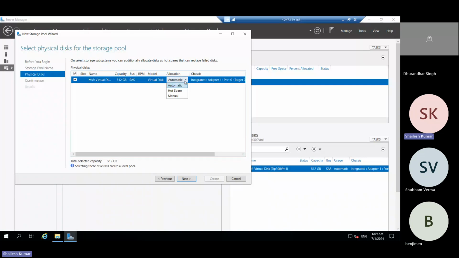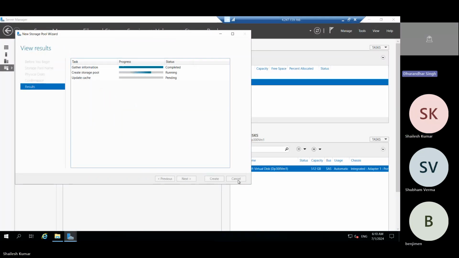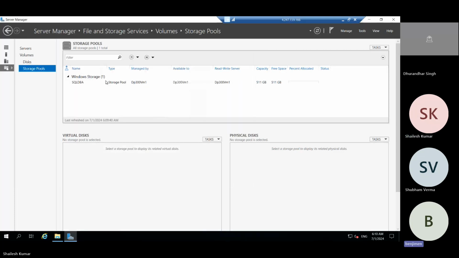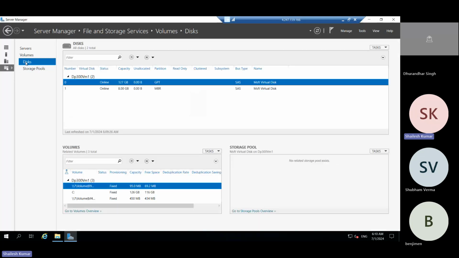Automatically next, and we can map. Then you can divide this one as a disk. Select here that is 512.